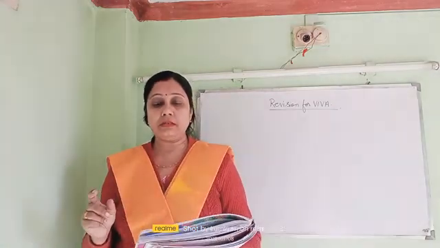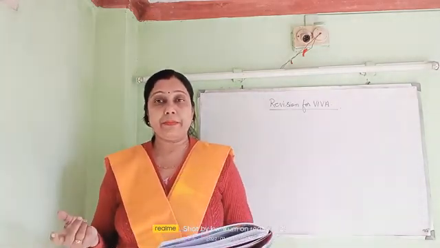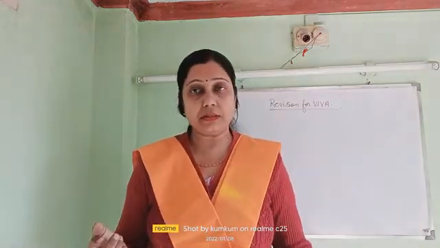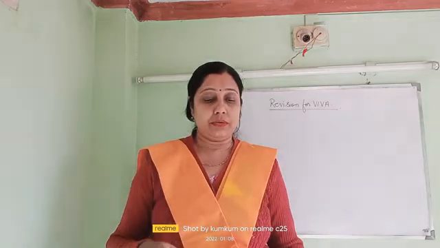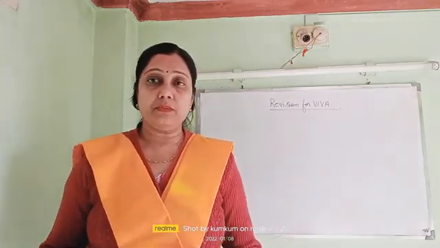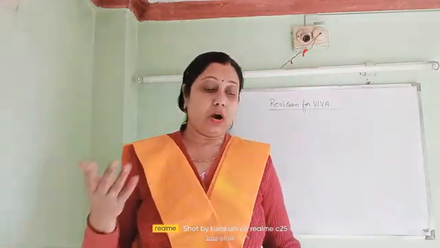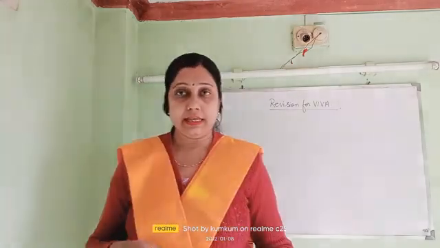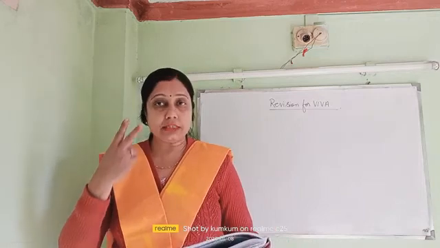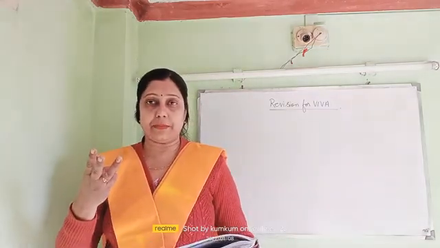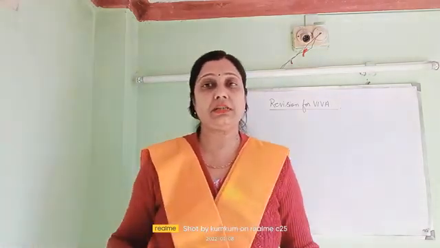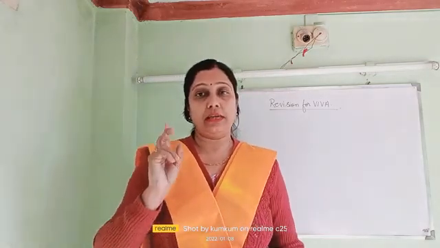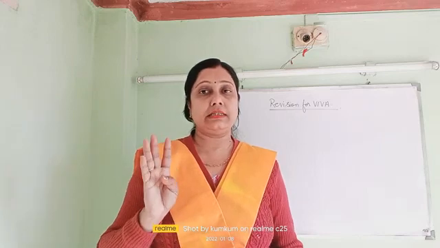Now the person who makes a map is called a cartographer. Now next, what is a globe? The model of the earth is a globe. Now how many types of maps are there? There are 3 types of maps. What are they? They are physical map, political map and thematic maps. Now how many major directions are there? There are 4 major directions: north, east, west and south.